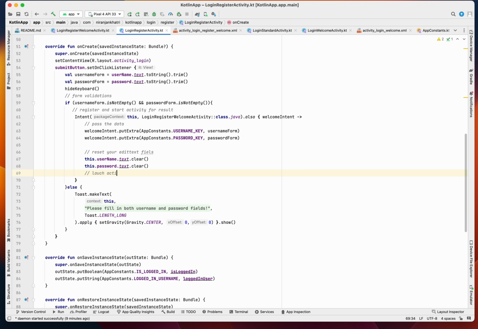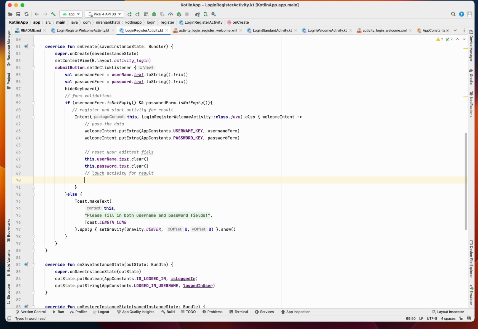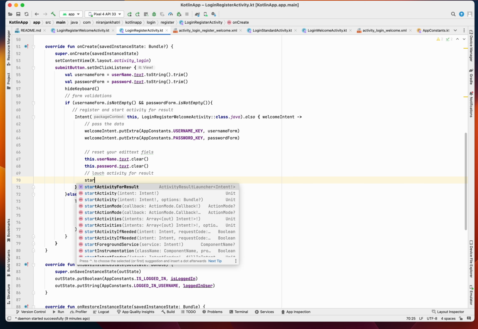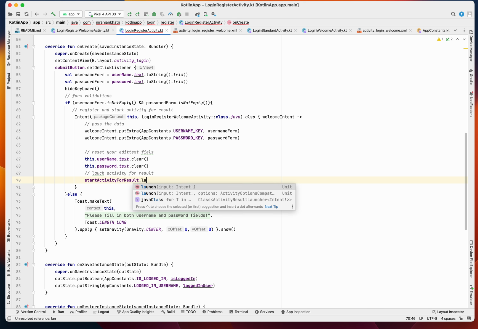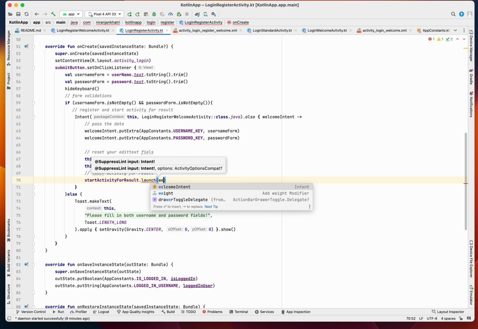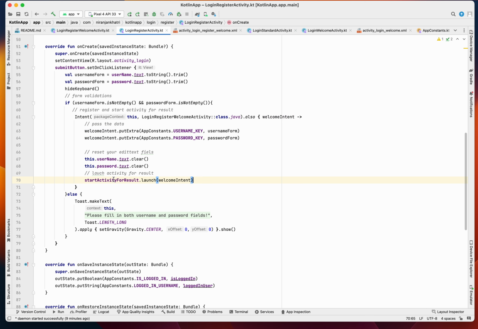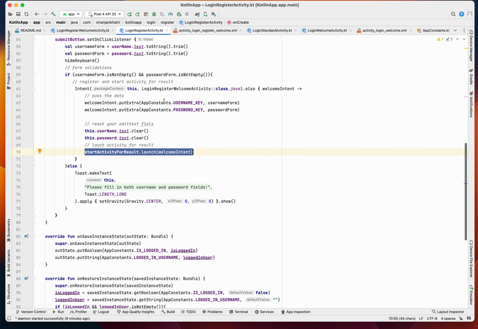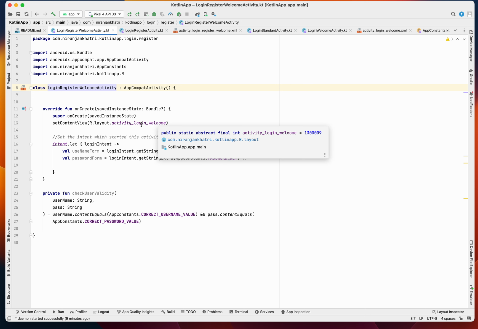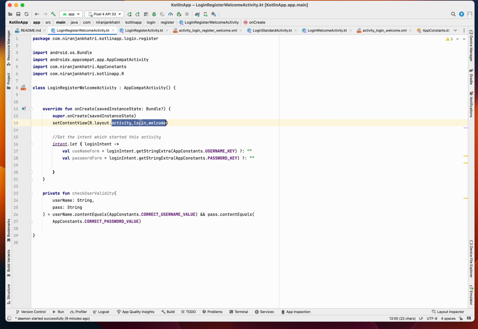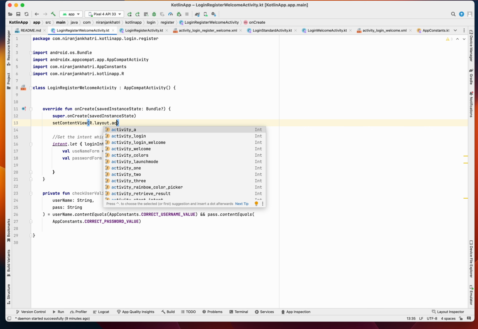launch activity for result, right? So similar, start activity for result and then launch it, passing your intent, right? It's pretty similar to launch your start activity for result. And then now this start for activity result will pretty much launch this activity, which is pretty much